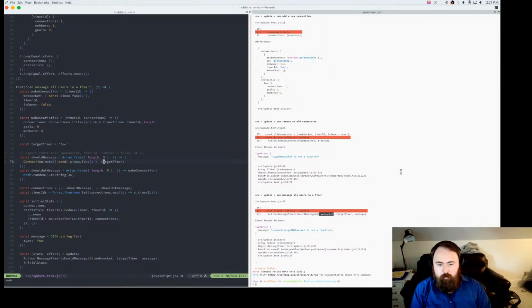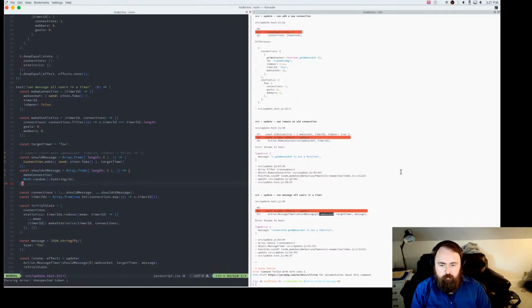And then the timer ID, so it looks like it's our target timer. Then whether or not we're the owner, which probably not a big deal, so we're just going to let the defaults take care of that. And inversely, we have something that's just setting up a random timer as well. So let's see what we can do with that.